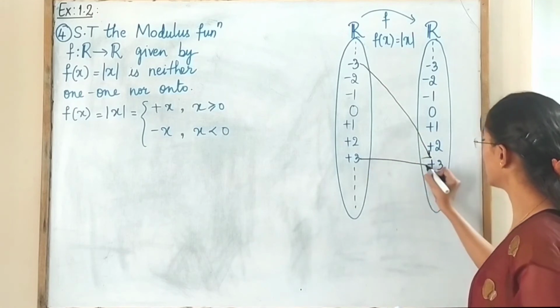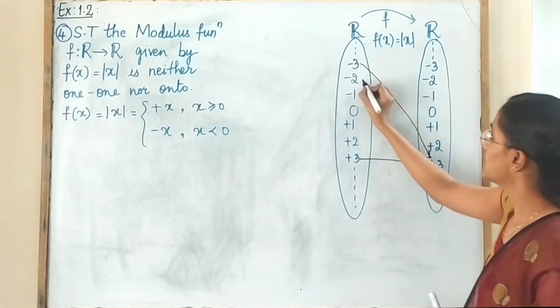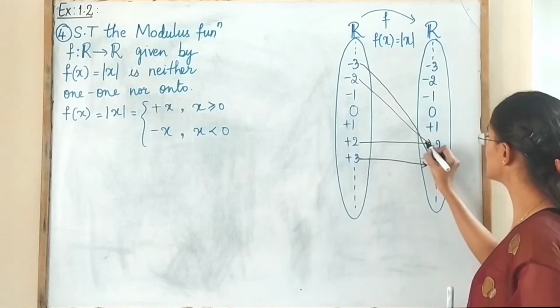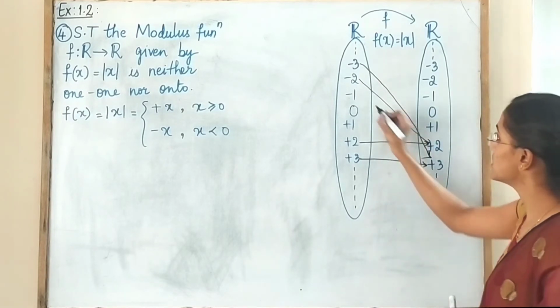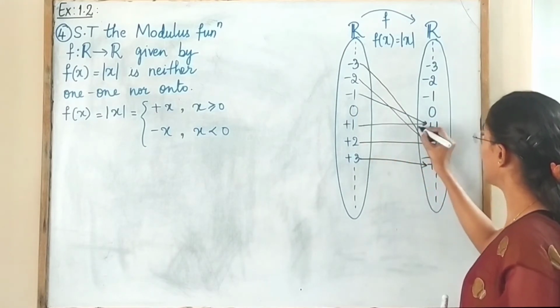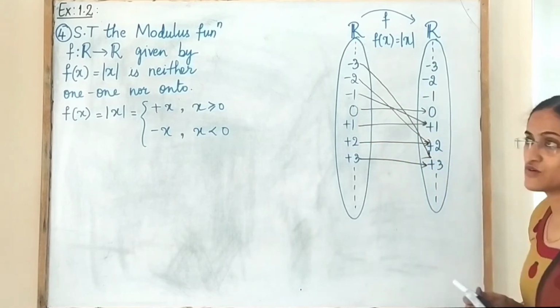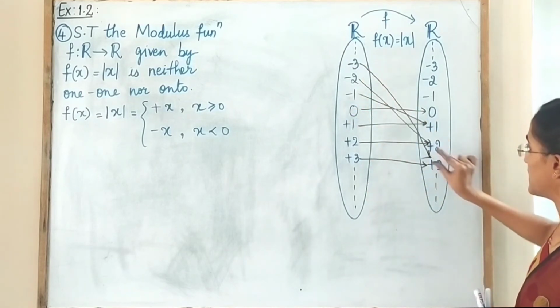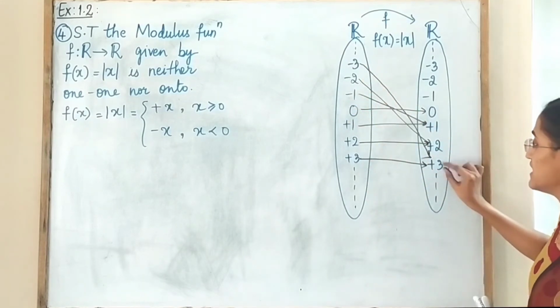Modulus of plus 3 also is plus 3. Mod of minus 2 gives us plus 2. Mod plus 2 also gives us plus 2. Similarly for modulus of minus 1, and mod 0 gives us 0. You may clearly note that plus 3 and minus 3 have been mapped to the same element 3, and hence you